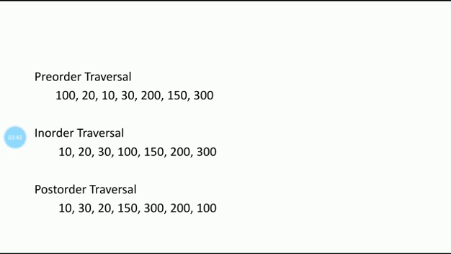Here what we have to observe is that when we perform the in-order traversal on the binary search tree, we get the keys or elements in ascending or increasing order. That means to sort using a binary search tree, it is simple: if we apply the in-order traversal, definitely we will get the numbers in ascending order. That's the important thing we have to understand here. In-order traversal on the binary search tree gives the elements in ascending order.